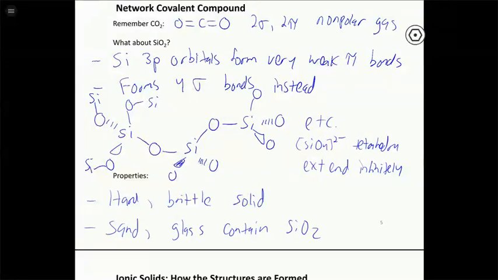And we just want to be able to recognize what it means to be a network covalent compound and also how some of these properties depend on it. So this is clearly a nonpolar gas because it's discrete CO2 molecules. This one becomes a hard, brittle solid because now we have these strong covalent interactions holding everything together in all directions. So you have a much different type of physical property when that happens. All right, any questions on that before I move on to the new stuff?